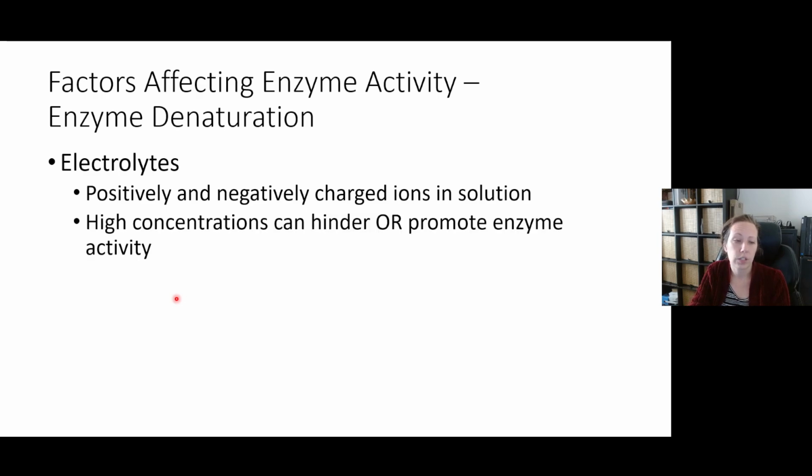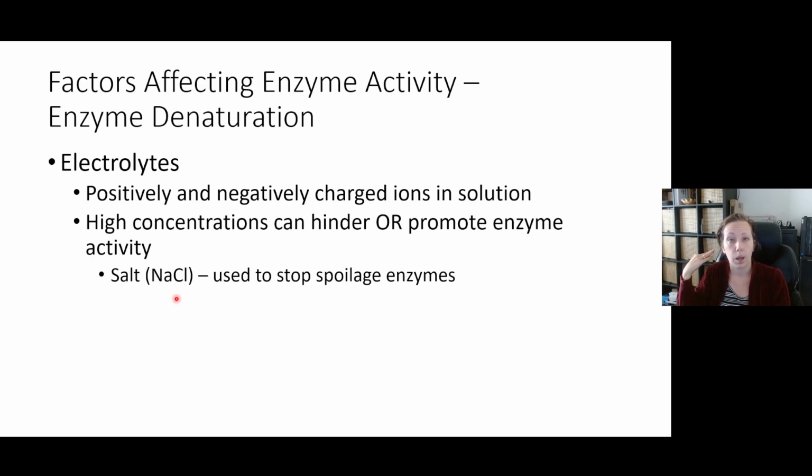Higher concentrations of electrolytes can either hinder or promote enzyme activity depending on what they are and what the enzyme is. We often use salt, which is a combination of two electrolytes. When it goes into solution, it's going to separate into sodium ions and chloride ions. And so salt is commonly used to stop spoilage enzymes